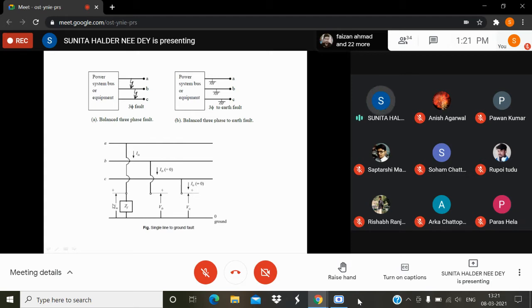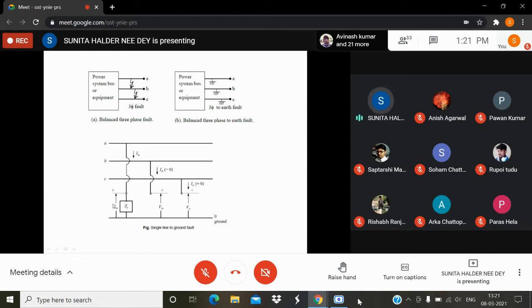Then for that reason the system will be unbalanced. So that's why it is called unbalanced fault or asymmetrical fault. Current will not be similar but very much dissimilar, so it is called asymmetrical fault. Asymmetrical fault we shall not cover here, we shall discuss this one in your fourth year first semester class. But this is the concept of asymmetrical fault.